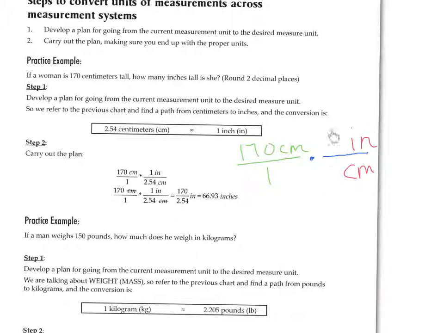Now, we have to have some numbers here. And these numbers come from the conversion unit that you're given. 2.54 centimeters equals 1 inch. And we have a multiplication here. We cross-cancel these centimeters just like that. And then we multiply the top times the top, the bottom times the bottom. And that gives us